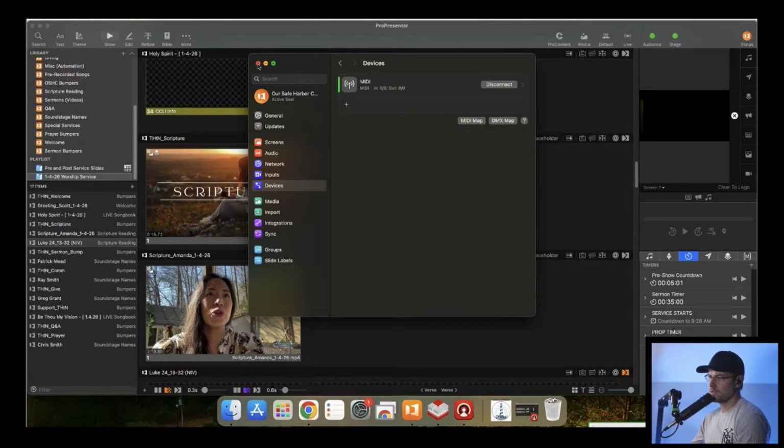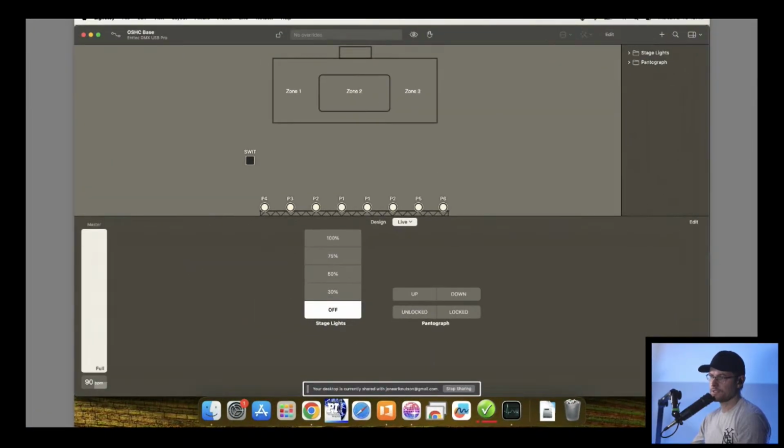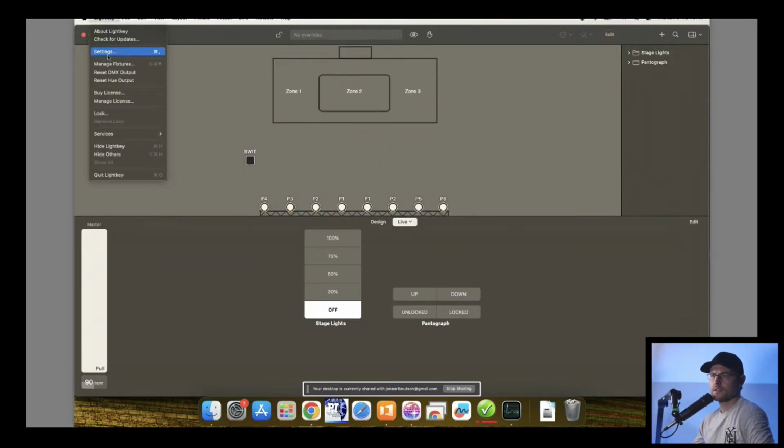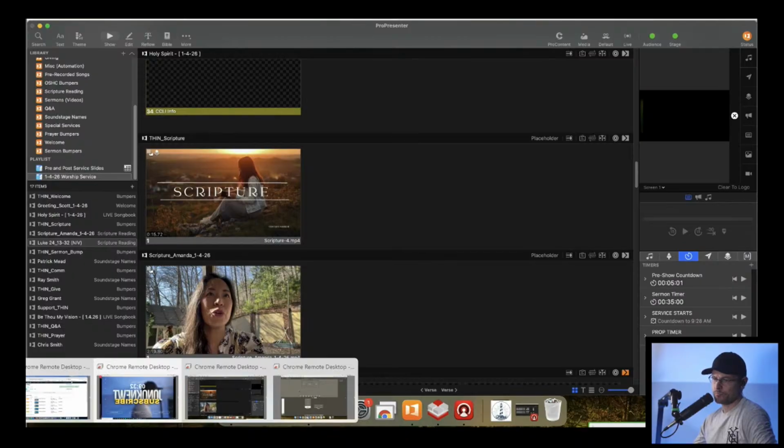No. Let me look inside Light Key because I think it's actually Light Key that listens for the MIDI. How did I do this? Yeah, it's like when we play a MIDI key, then it triggers that, this is listening for MIDI. So is it in here? Settings, manage, buy licenses. Well, anyway, there is a way that I can find this out pretty quickly because there's, which one is it here? It's none of these.